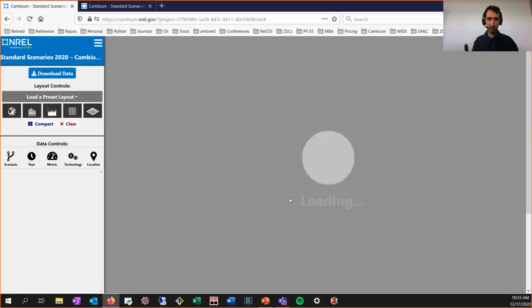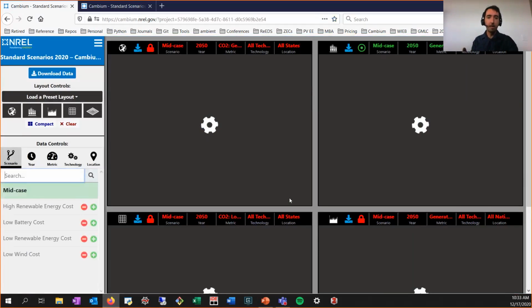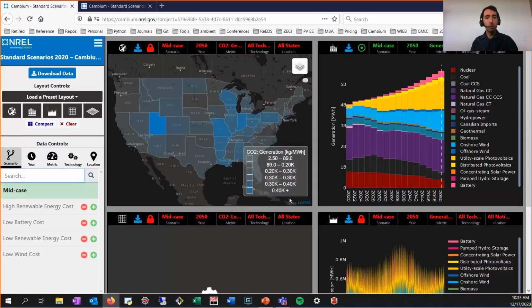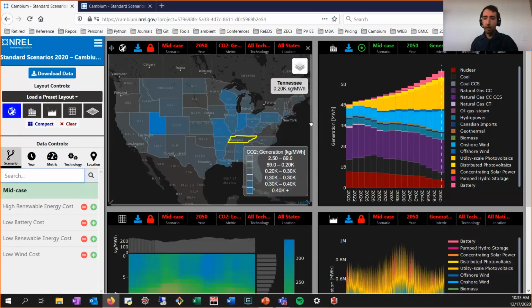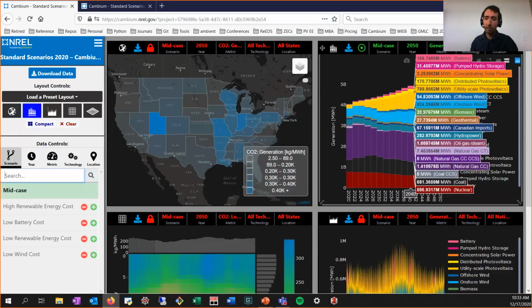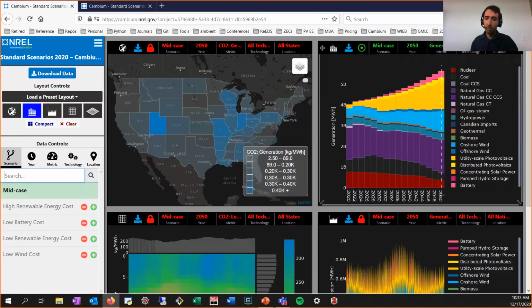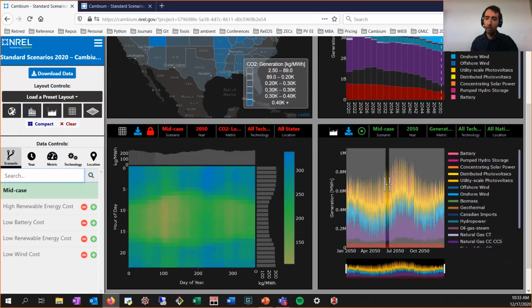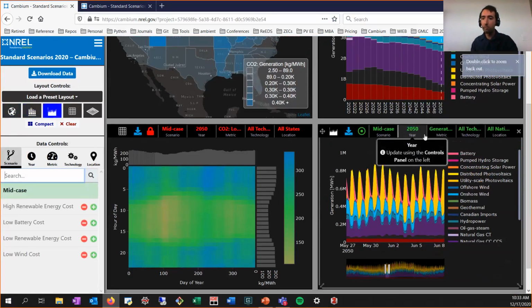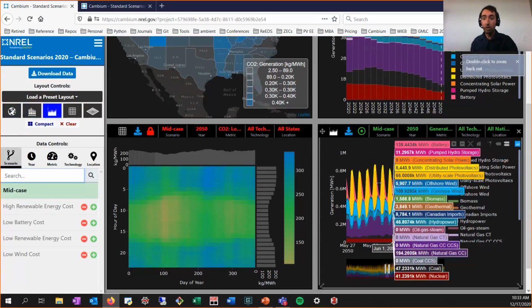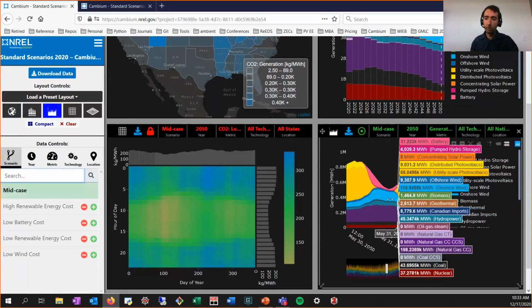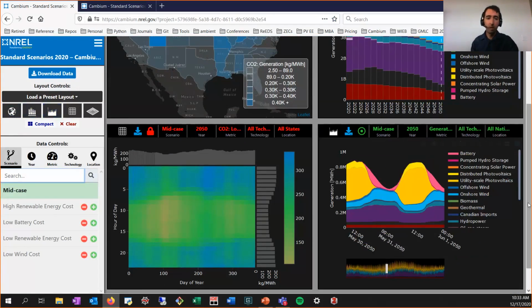It takes a little bit to load because there's quite a bit of data, but essentially this is a workspace where you can explore what's in the data. We have time series from 2020 to 2050, that kind of visualization. We also have, you can go and look at the hourly data. So here we're looking at 2050 in the mid case. What's the actual dispatch like? Where's electricity coming from? Wind, solar, natural gas, etc.